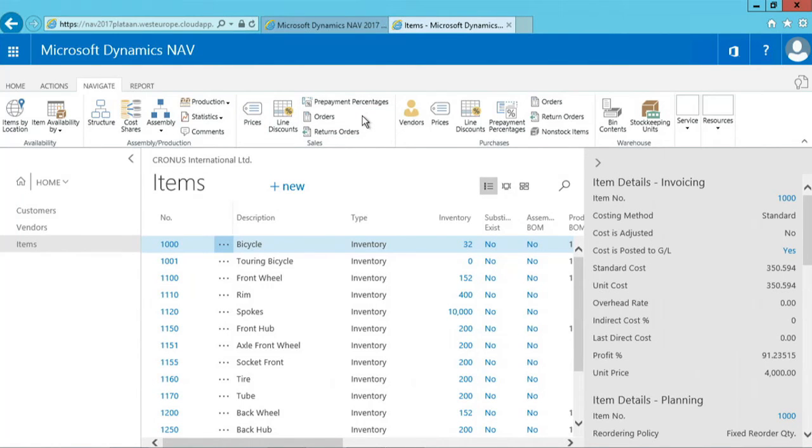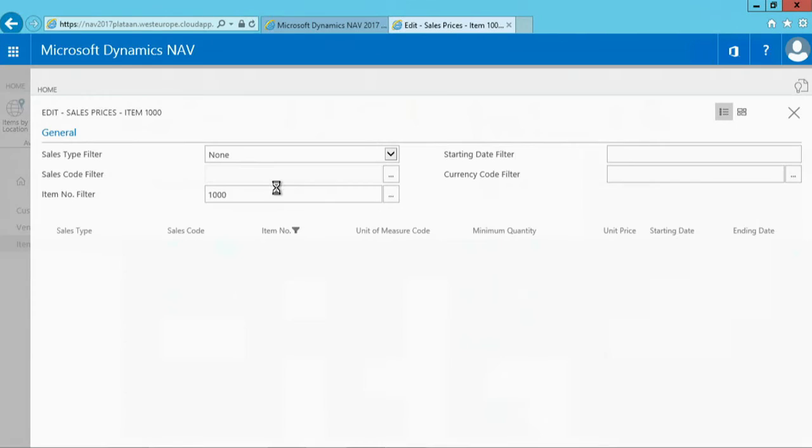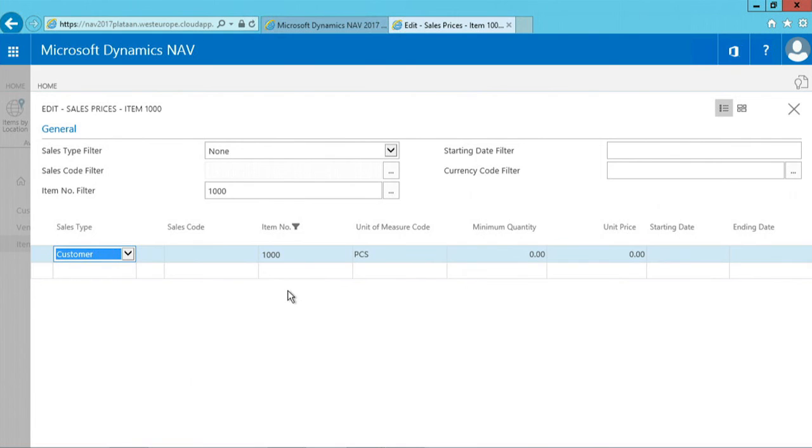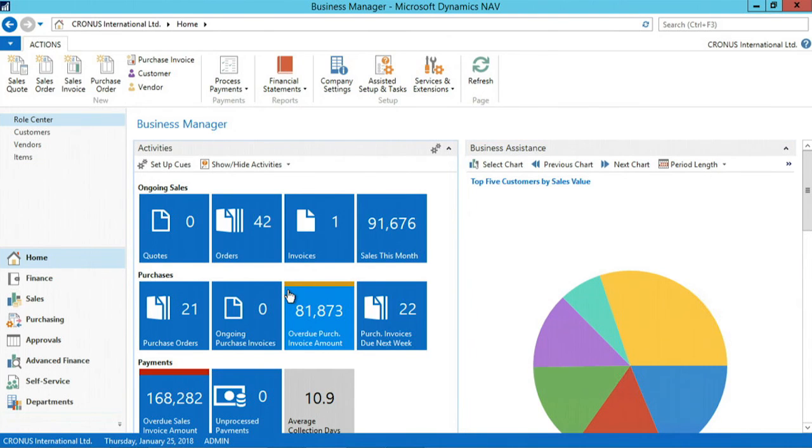And of course, if I would like to enter prices, I can go to the navigate tab, the sales group, and there click on prices. So you will see that in the Windows client we will use the ribbon in the same way. So here in the Windows client we also have the role center ribbon, so with the same actions, the same